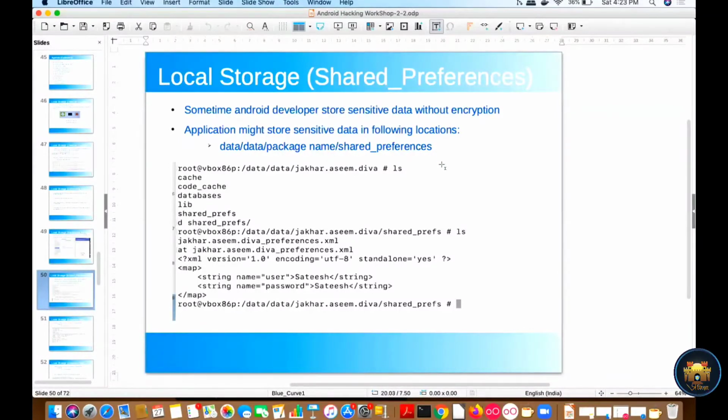Basically we need to check whether the information stored in this file is encrypted or not. If it is stored in clear text, then there is an issue for a pen tester. So let's move to the demo part.